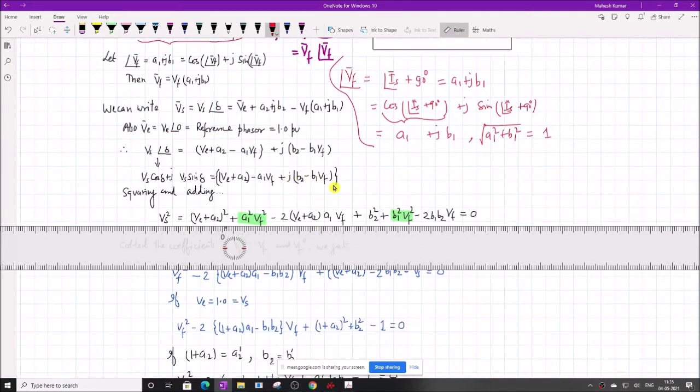As you can see, this is Bf as I said previously, and this is Bs. Let Bs be Bs magnitude, angle of delta, and let Bl be 1.0 per unit. We can also take it as a reference phasor, not necessary, but we can take it. Bs is equal to Bl plus A2 plus jB2, this is jXs plus Rs into Is, and minus Bf magnitude and angle of Bf. Remember, this is the angle of Bf.